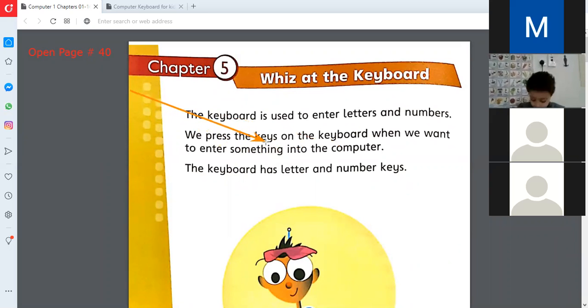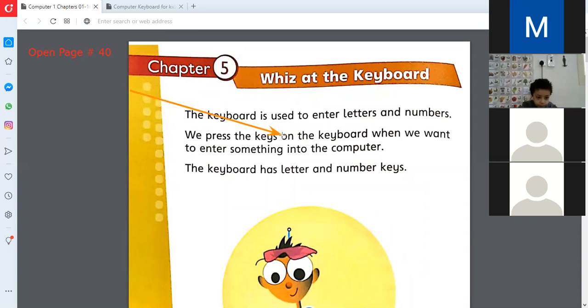Where are the keys? Keys are on the keyboard, and when we want to enter, type, or write something into the computer, we press these keys.